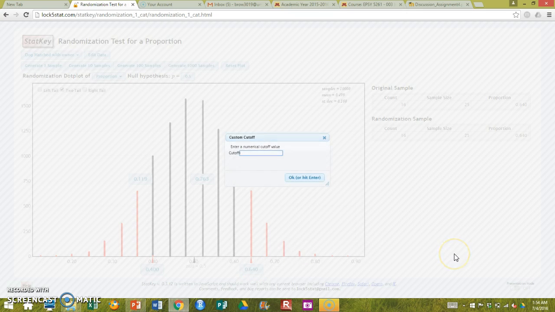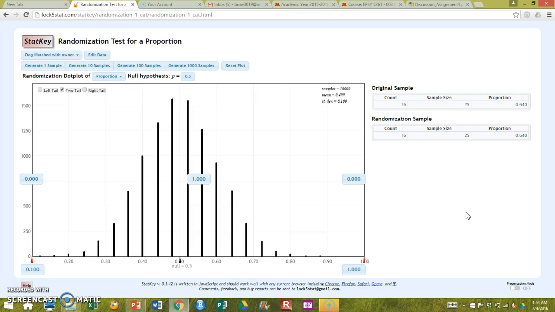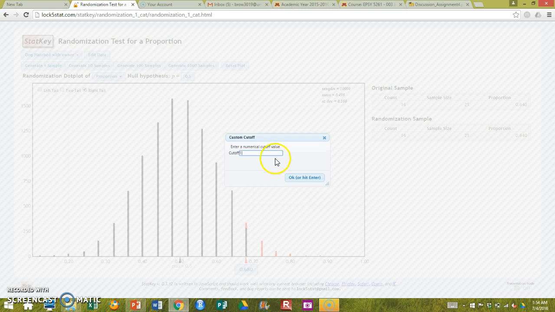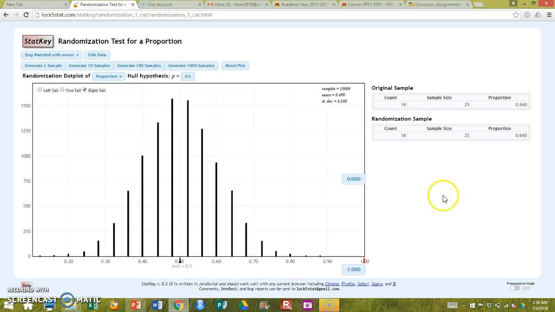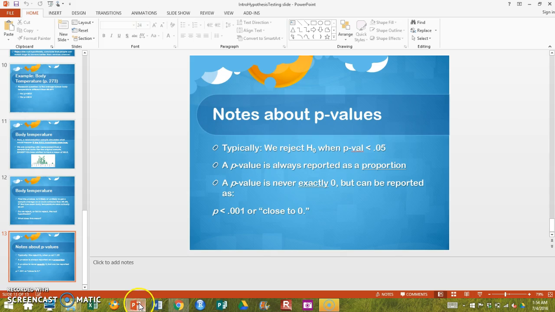So, for example, if my true proportion was, if I got every single one of them correct, 100% here. Let's do right hand. Every single one was correct. And I got a proportion of 1. That never showed up in the simulation. And it gives me a p-value of 0. Is it possible we get 25 out of 25 correct? Exactly. Yes, it is. It's really unlikely. So we never say a p-value of 0. We just say a small p-value less than 0.01, close to 0, etc.